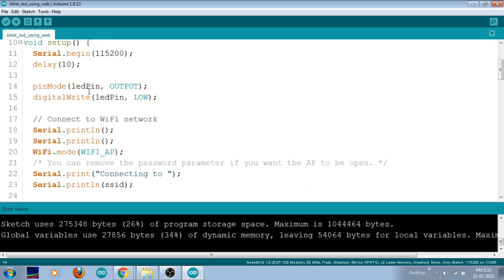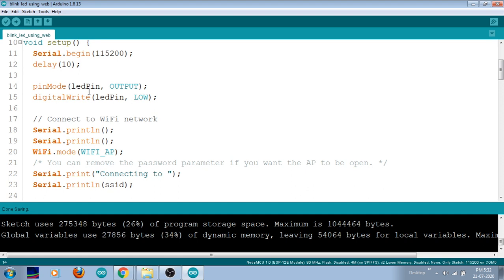And next, I'm giving the present status of my Node MCU, whether it is connected to the Wi-Fi or not connected, okay. So for that, I'm giving something like connecting to which particular node. Here I'm mentioning the SSID which I have mentioned above, okay.